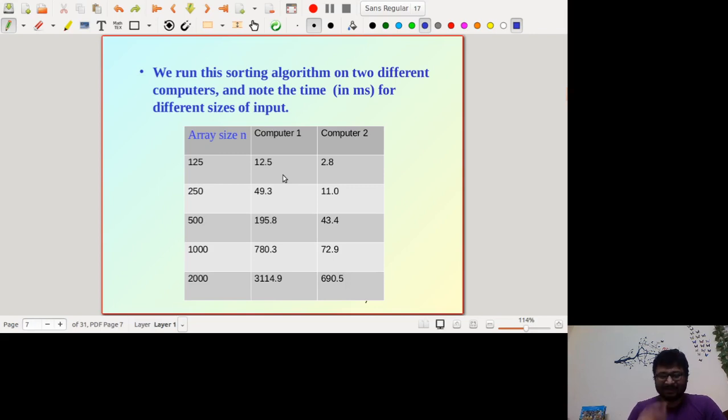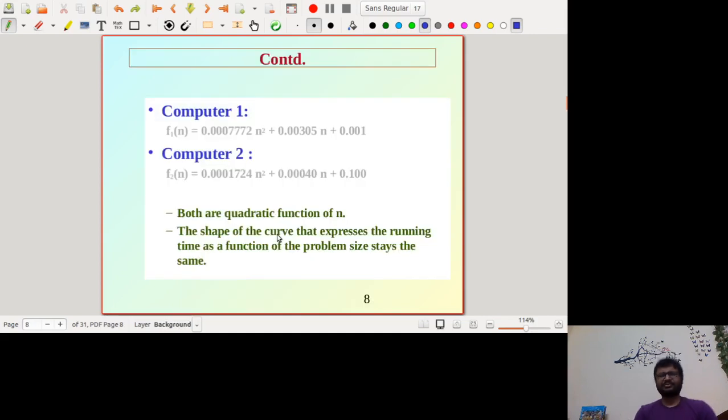So the key to actually analyzing the performance of the algorithm lies in this observation. Irrespective of which machine you run it on, the way it grows as the input size grows is similar in both the machines. Now,